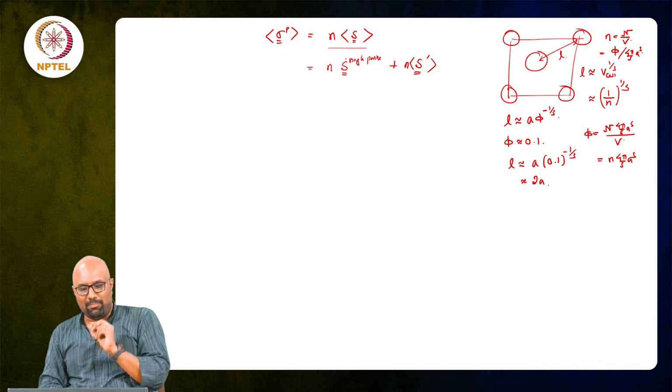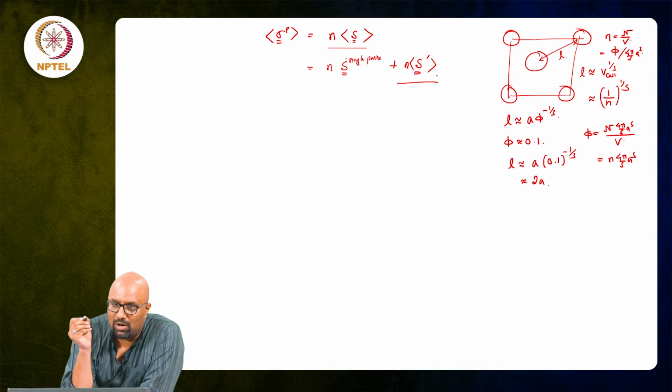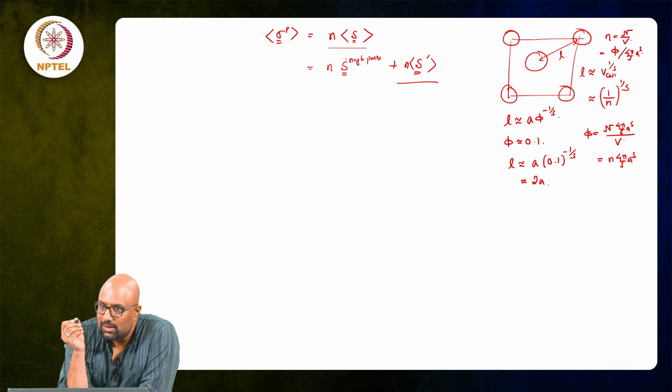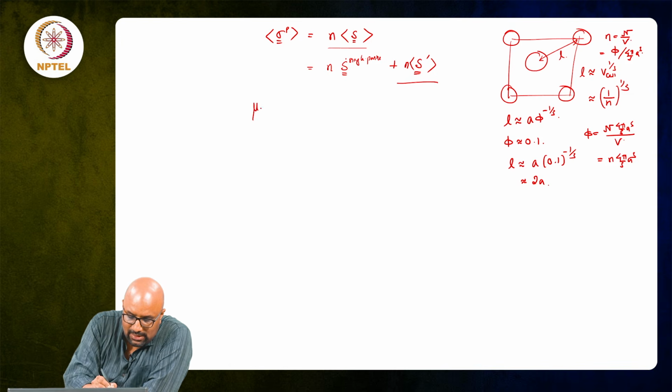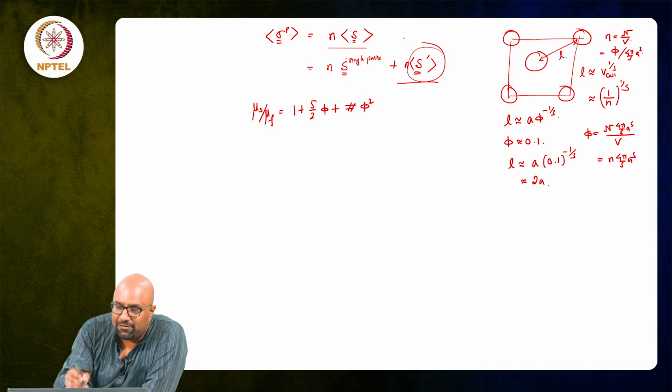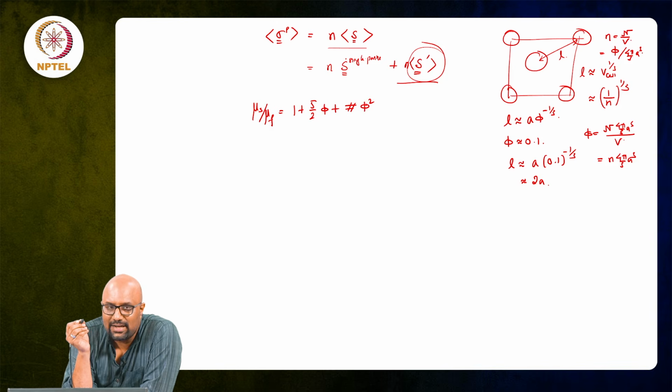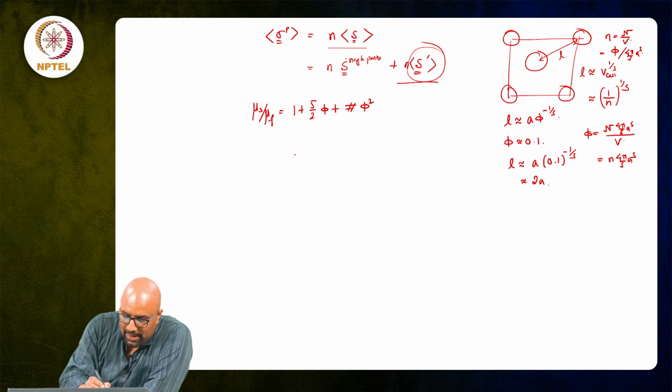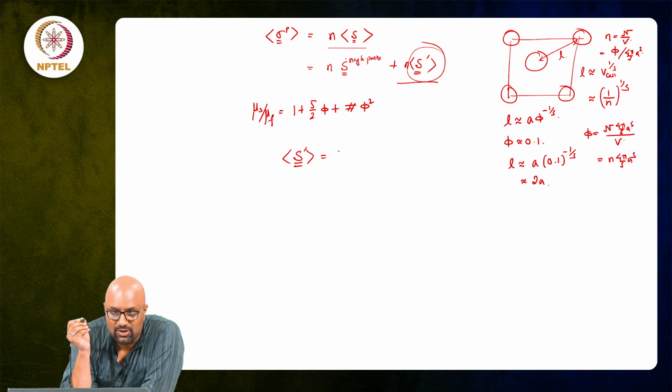So, if interactions are important and I have to capture the effect of interactions, how do I go about doing it? So, the idea is I want to find this quantity. What I am more interested in is trying to find out what this term is. To find that term, I need to find this 2 particle stresslet. So, the 2 particle stresslet, when I am going to do this ensemble averaging,